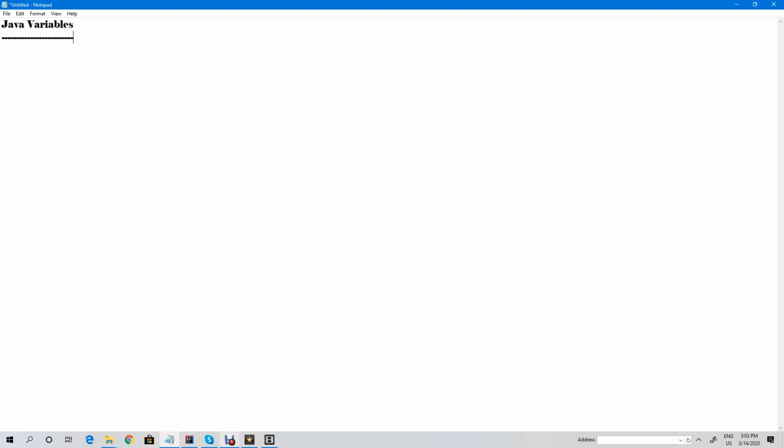That means a variable is the name of the memory allocation, right? Simply you can say that a variable is nothing but the name of the memory allocation. Simply we can say that. We can say variable is the name of memory allocation, right? So there are three types of variables available in Java,